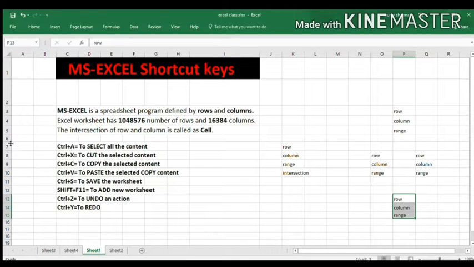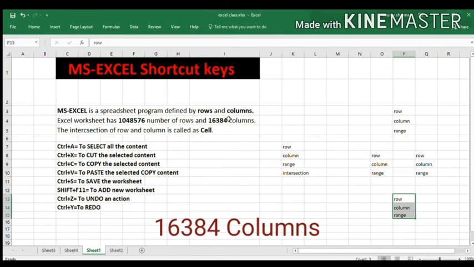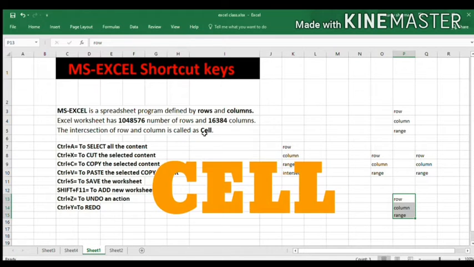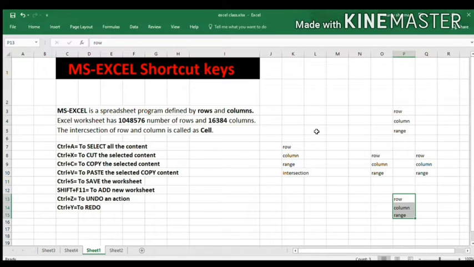There are so many rows and columns, so each worksheet has a number of rows and a number of columns. It is very important to learn because it is mostly asked in the papers. The intersection of a row and column is called a cell, like this one.